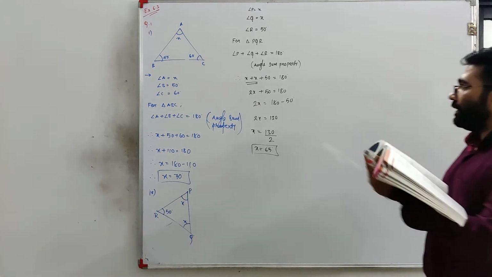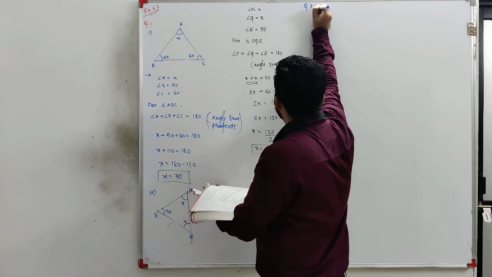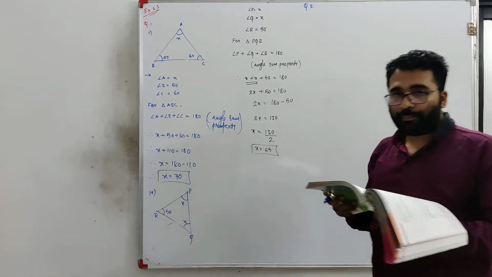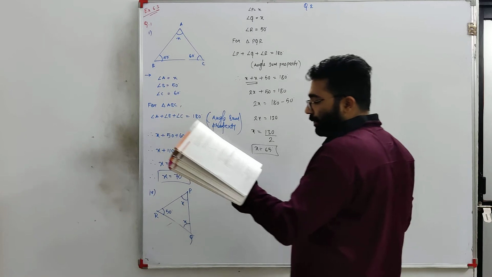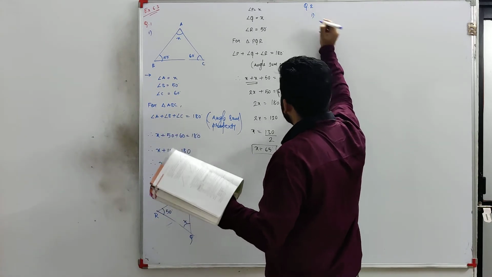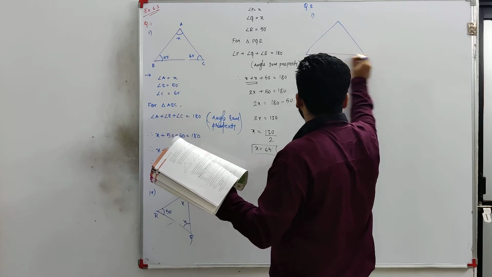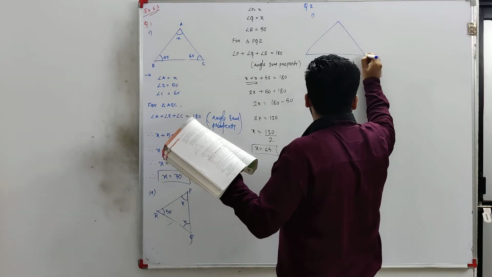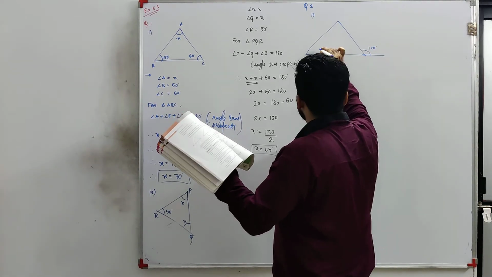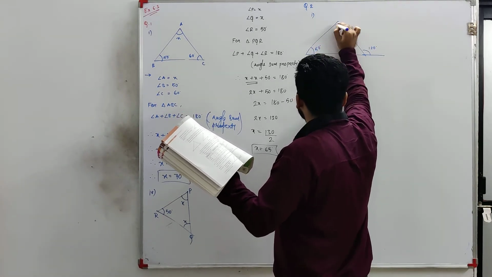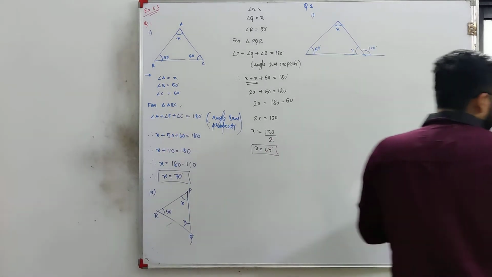Let me see the next question, that is question number 2. In question number 2, you can see many questions with different variations in which I need to find x and y. Here I am solving the first figure. The first figure is given like this: 120 degrees, this one has 50 degrees, this one is x and this one is y.